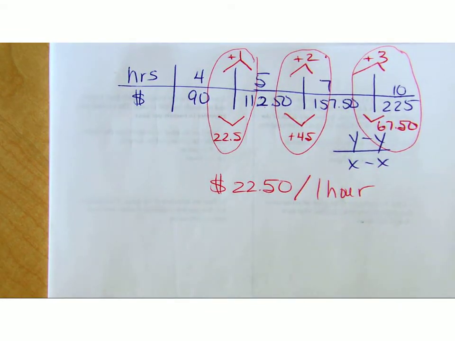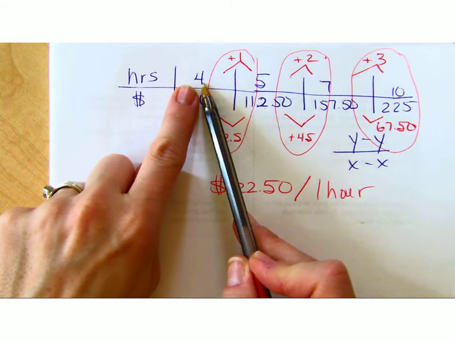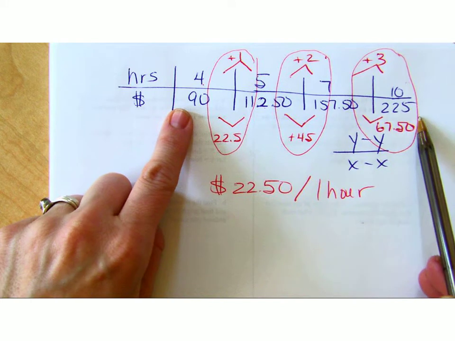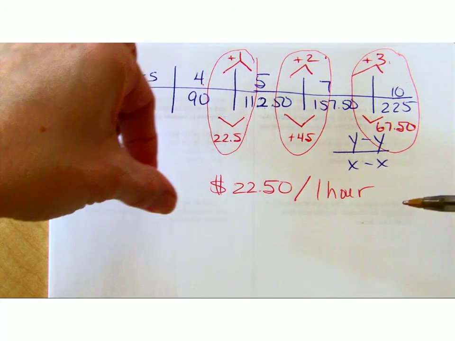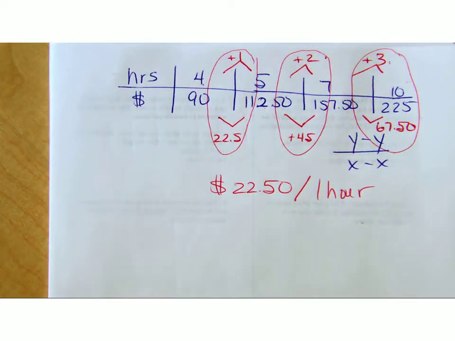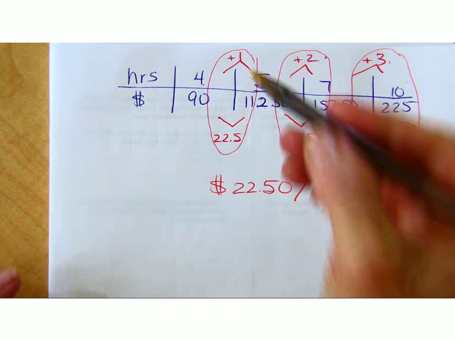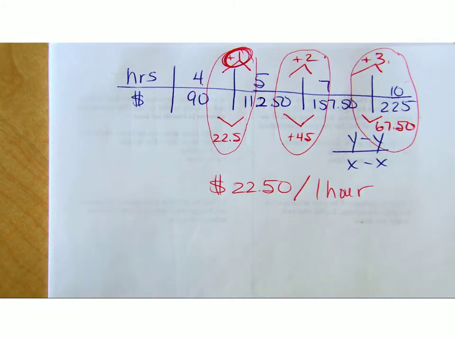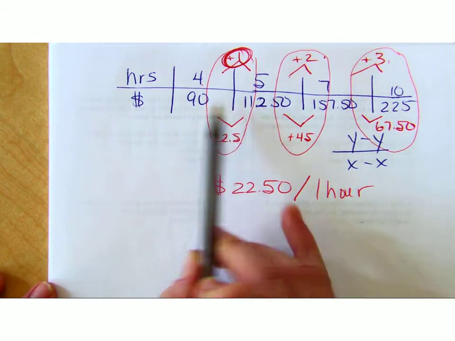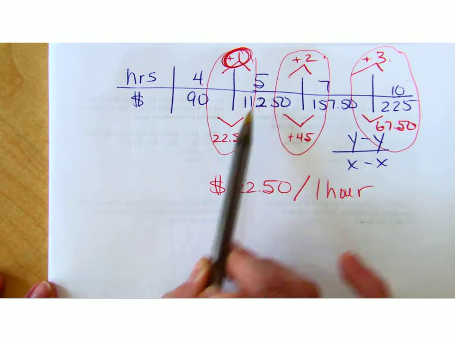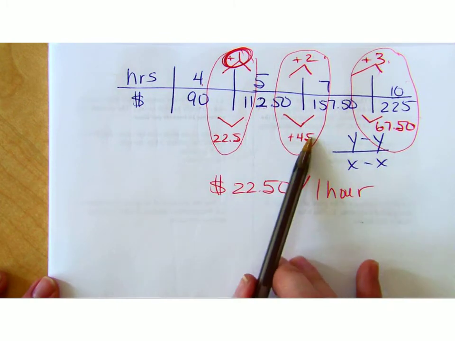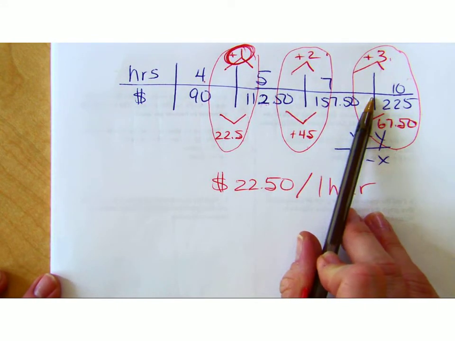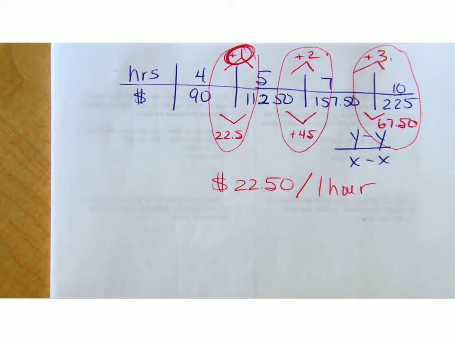So, hey, I could point this out. Could I do the change from 4 to 10 and 90 to 225? Could I do that? I could pick any 2 points I want, as long as I take the difference in the y and divide it by the difference in the x, okay? So watch when you're doing a table for that. This right here is a huge hint, isn't it? That's it. And let me point this out. If you're doing this, what if you calculated this wrong? What if you accidentally subtracted these two wrong and you didn't double check it with these, and that was 23.50 and you put 23.50? You should double check it with the others. They should all match up, okay? So are you good with rate of change from a table? Okay. Next, we're going to talk about